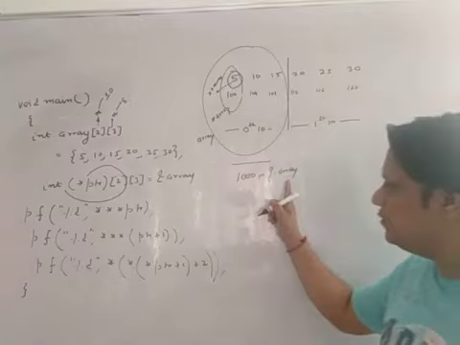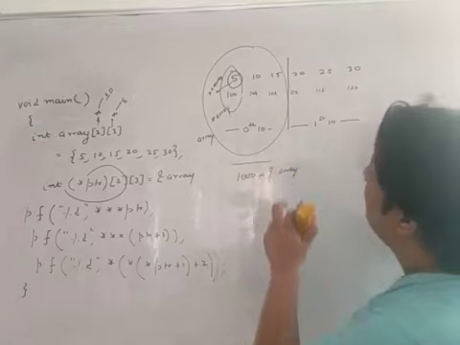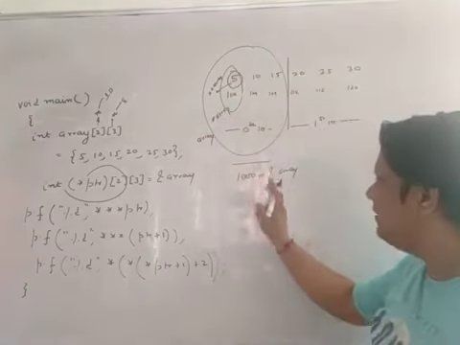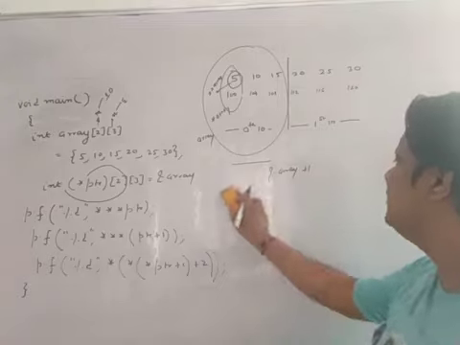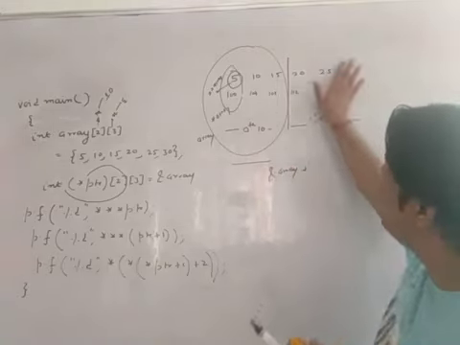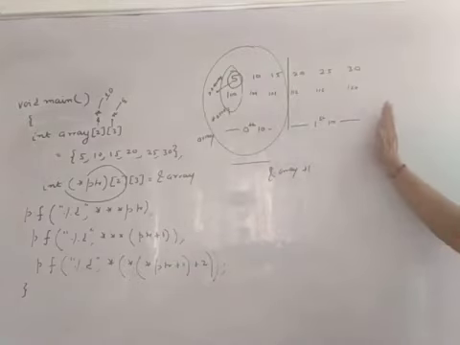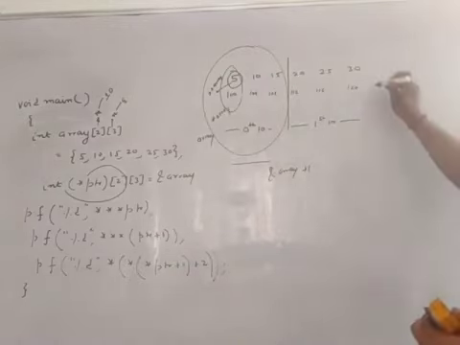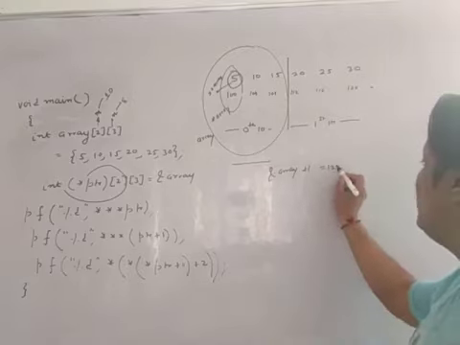So if somebody says array, it means the base address of the 0th 1D. But when you talk about the complete 2D array, then you have to write the address of this array. And if you write address of array plus 1, then what is the value? Address of array plus 1 means your complete 2D array plus 1, which means your next 2D array, and the address of the next 2D array should start from 124. So the value of this is 124.